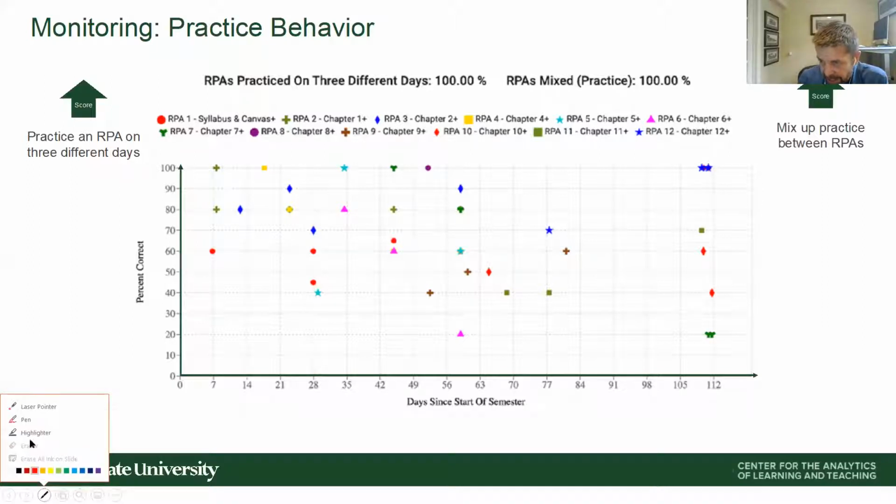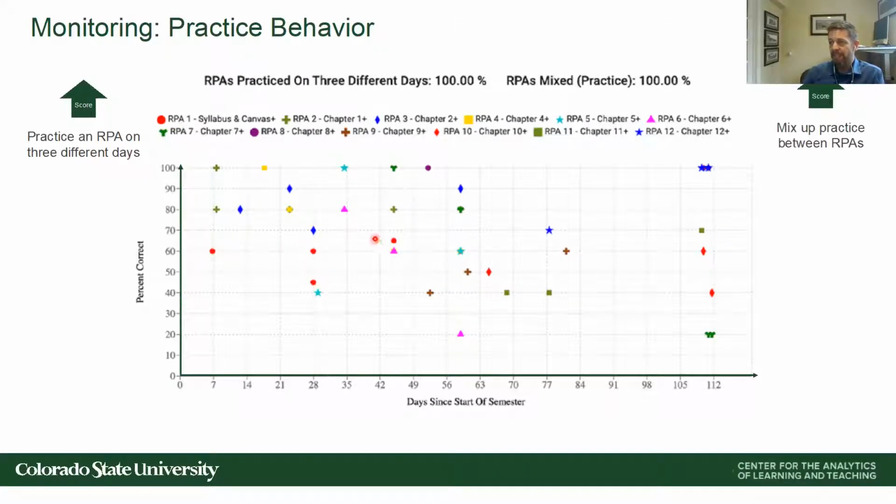Let me see if I can get a laser pointer here. There's a legend at the top here that shows all the different RPAs that the student has taken up to that point in time. They all have a different icon or color,